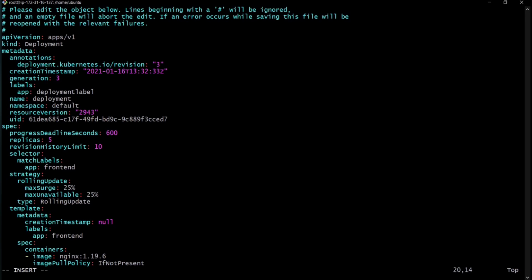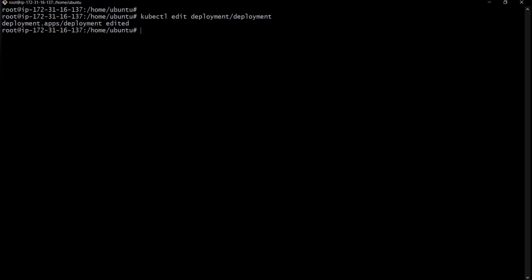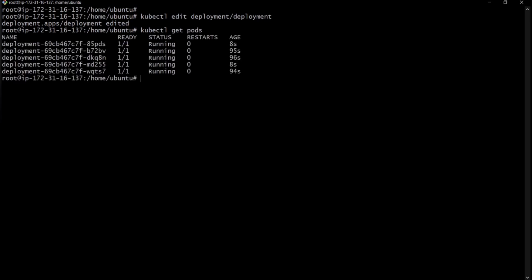We already said that the strategy we are using is rolling update. By default, when we don't define any strategy, the deployment takes the default strategy, which is rolling update. So let's save this. Okay, and execute the command kubectl get pods. We can see here that a total of 5 pods are created, because we changed the deployment.